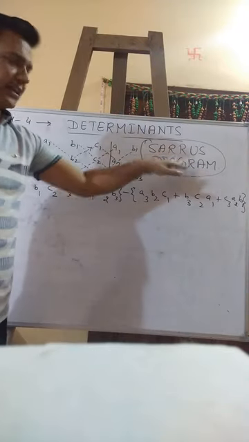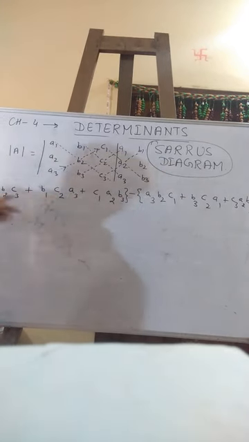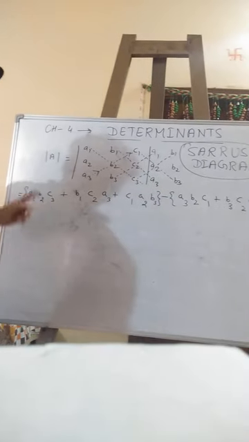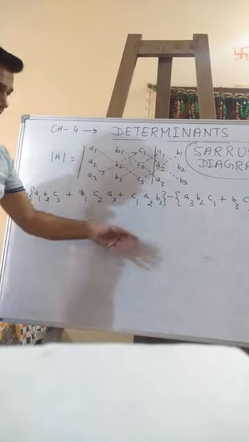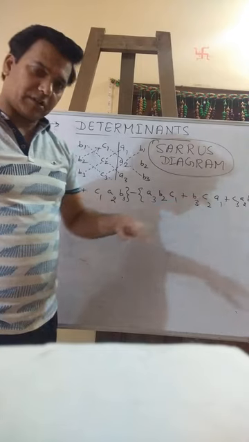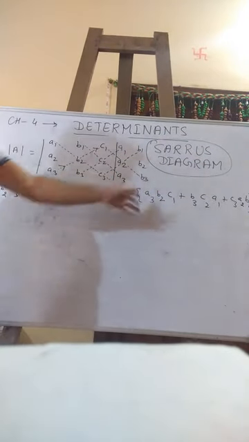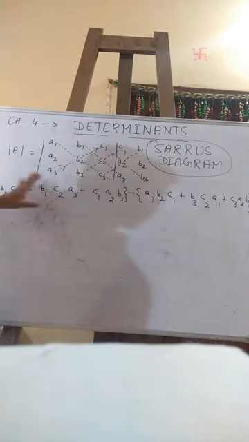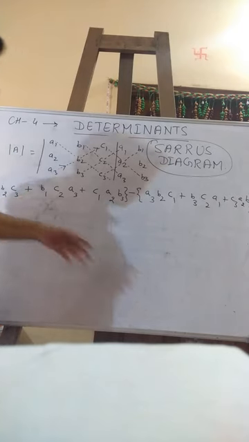According to Sarrus diagram, we can expand a determinant of 3 by 3 order according to this pattern. In this, we have cyclic order terms ABC, BCA and CAB, and all that having 1, 2, 3. Here is also cyclic order ABC, BCA and CAB, और सब में फिक्स है 3 2 1. इधर 1 2 3, उधर 3 2 1. इसके अकॉर्डिंग अपन उस नंबर ऑफ टर्म्स को यहाँ पर एडजस्ट करते हैं जो जिस नंबर पोजीशन पर है, और इसको एक्सपेंड करके उसके वैल्यू डायरेक्ट निकाल सकते हैं.